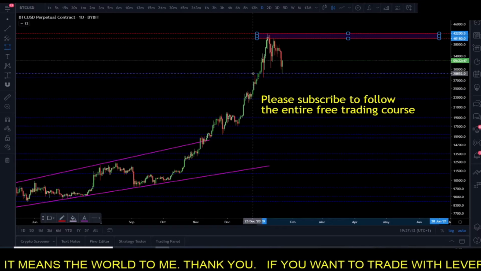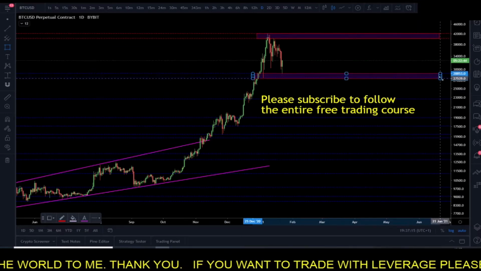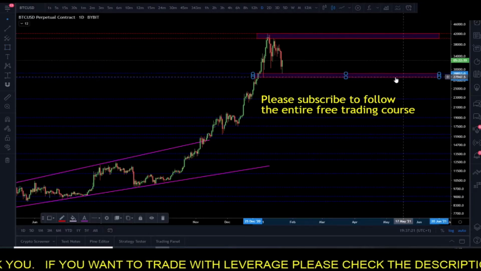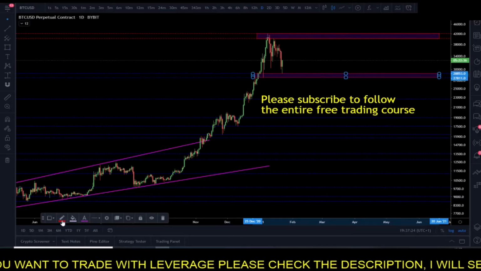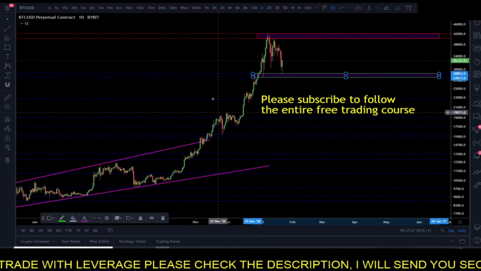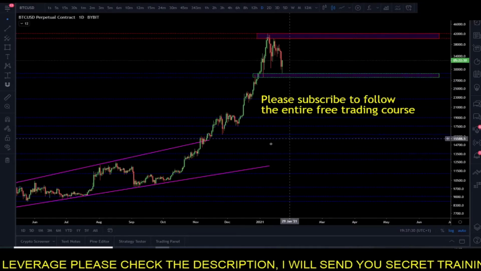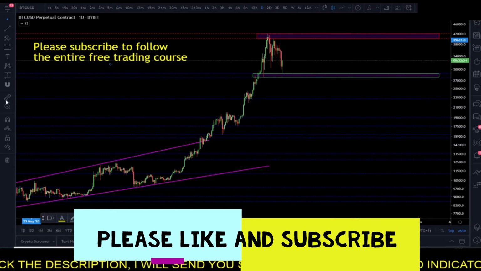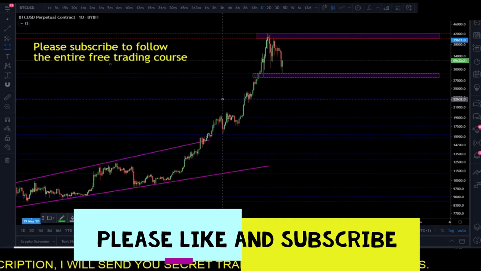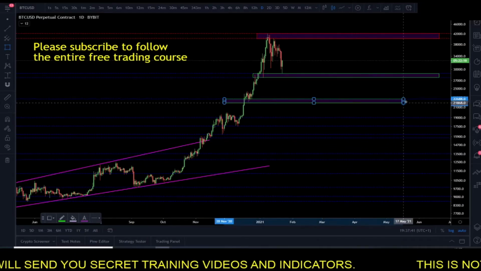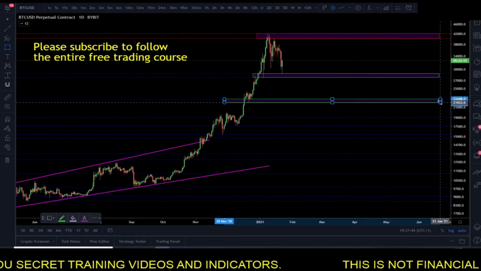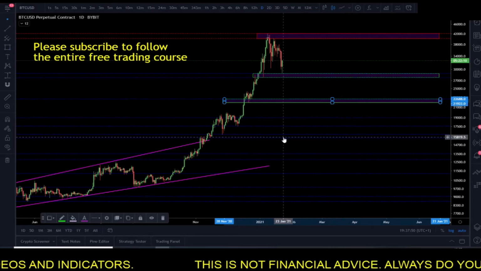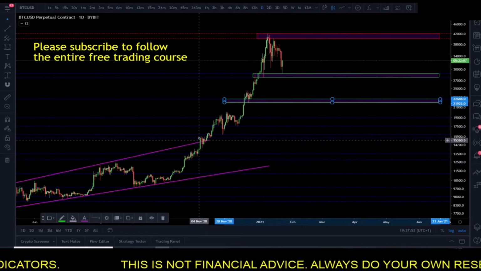So right here I'm going to do the exact same, right over the lines. This one, I'm going to make green because this is a support. So now we're going to do the exact same here, to drag over. I'm going to the wick, this red wick. Then the next one will be this one,